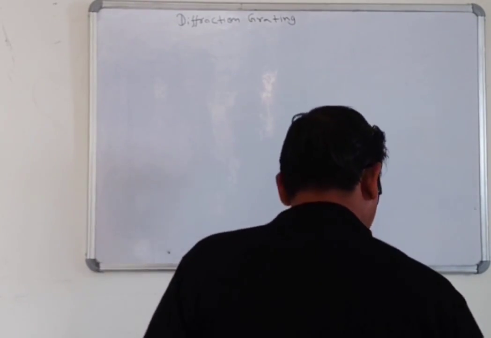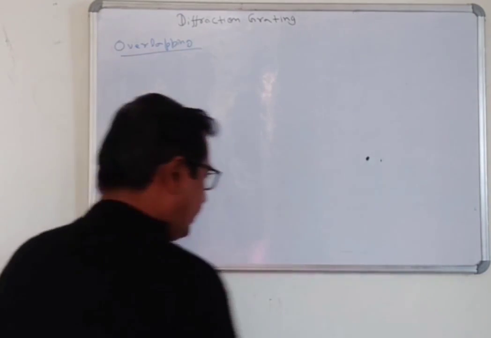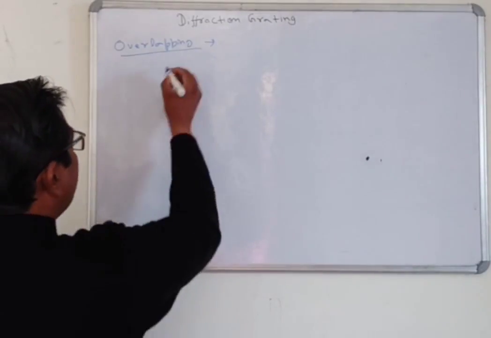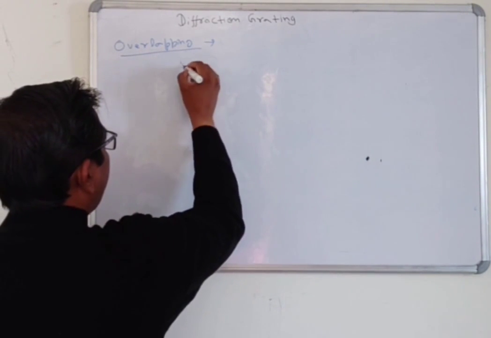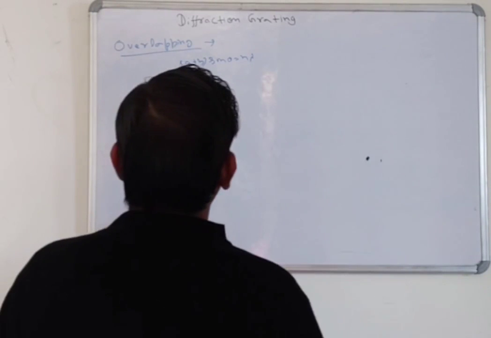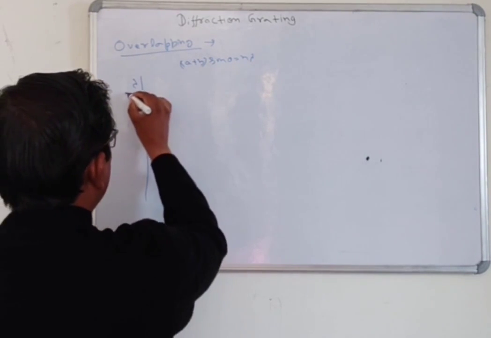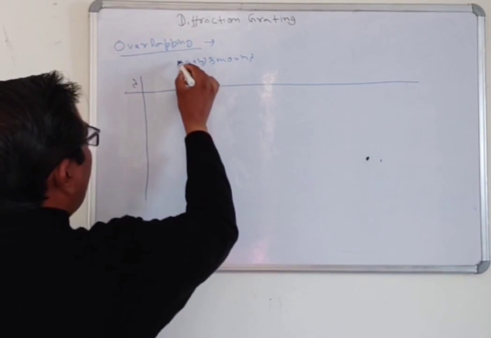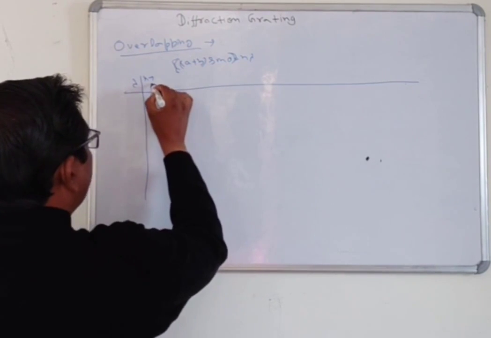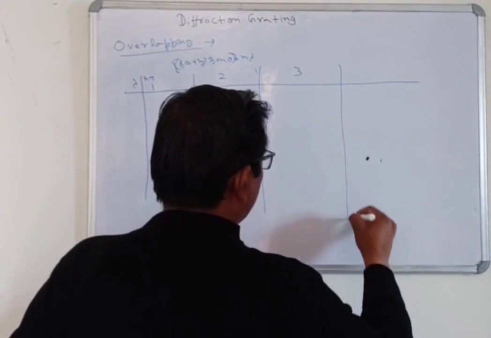In overlapping, basically, all of you know the condition for diffraction (a + b) sin θ is equal to nλ. Now here I mention n is equal to 1, n is equal to 2, n is equal to 3, n is equal to 4,